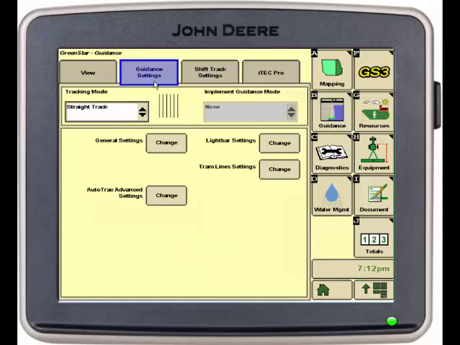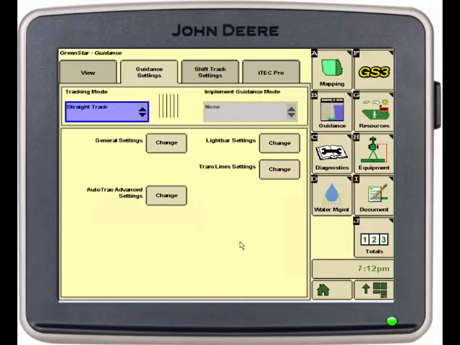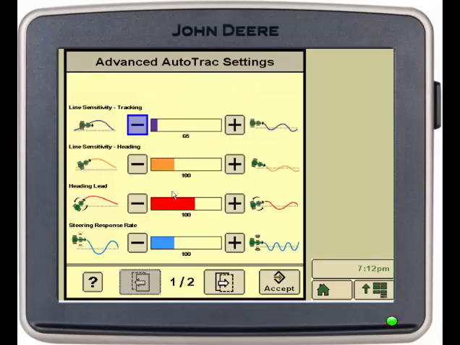Okay, if we go over here to the guidance settings tab, you can select your tracking mode. You can turn your guidance off. You can do straight track, adaptive curves, all kinds of different tracking mode methods. And you also have Autotrac advanced settings down here. Now this is important, like I said, about the steering sensitivity. Here's another list of settings you can fine-tune on your Autotrac and your tractor in that field to better perform